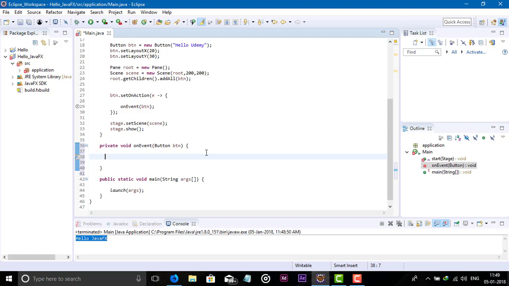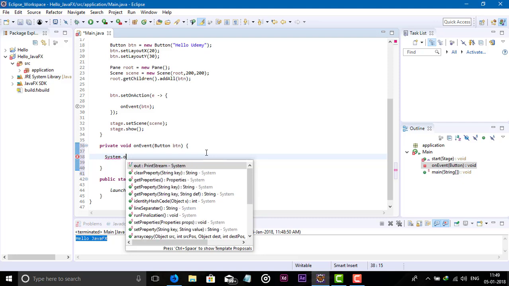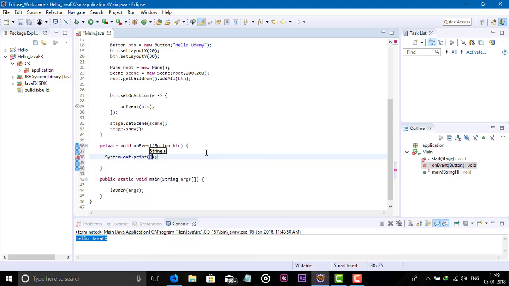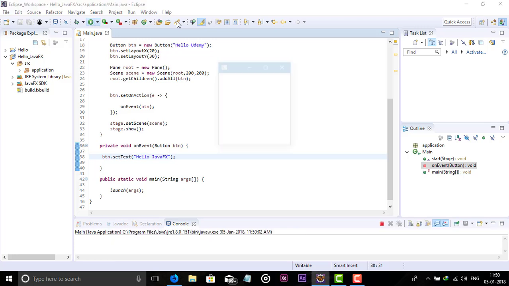Okay, then instead of System.out.print, we can change the text of the button, setText, and give the name hello JavaFX. Run this program. Now click, and you can see the hello JavaFX.